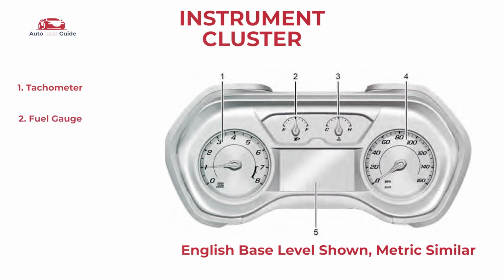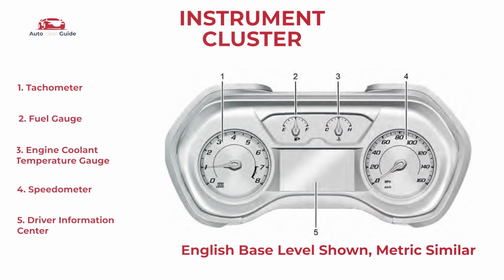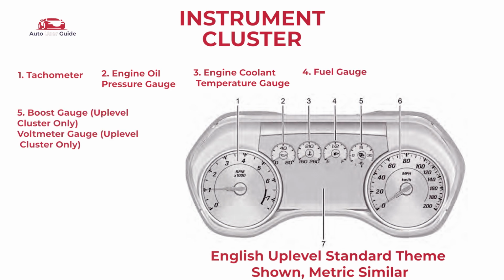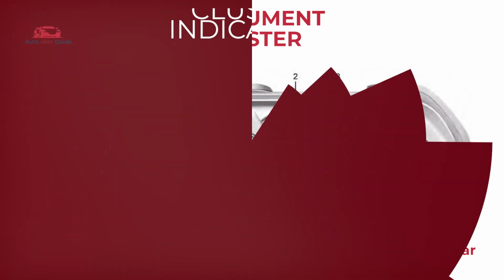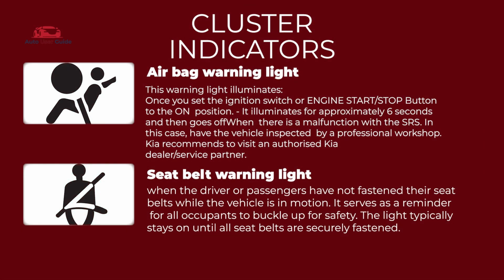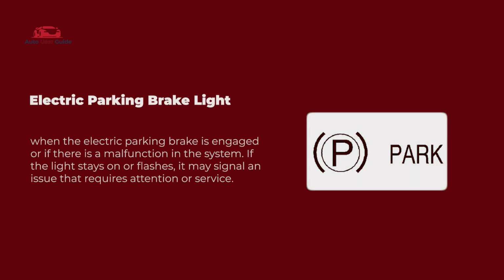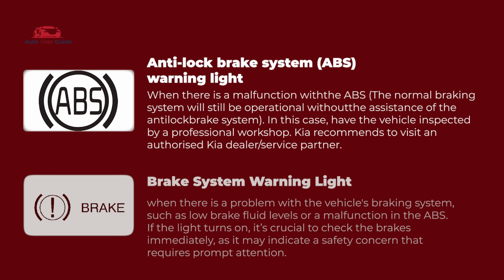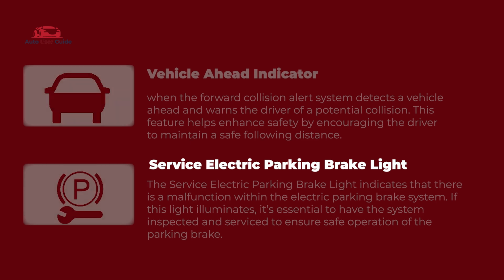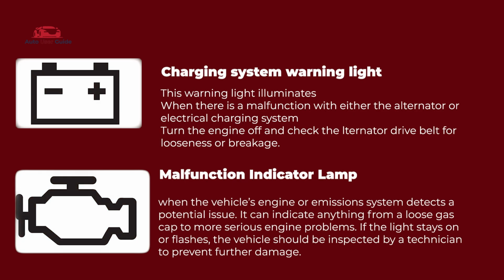Instrument cluster, cluster indicators, airbag warning light, seatbelt warning light, electric parking brake light, anti-lock brake system, ABS warning light, brake system warning light, vehicle ahead indicator, service electric parking brake light, charging system warning light, malfunction indicator lamp,